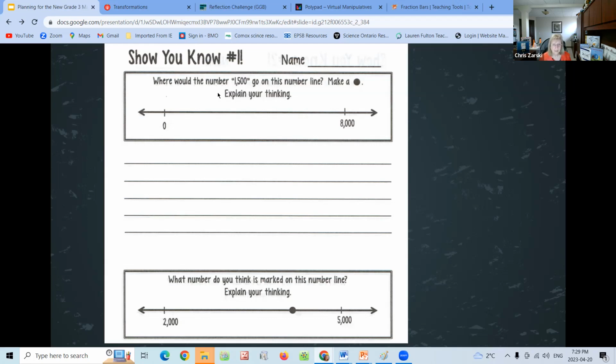What do I know about size? How do I figure out where halfway is? Where would I put each of these numbers that would fit on there, right? So this is a great leveraging tool that we can have for students to start thinking. And it's a nice package. I really appreciate the work that this teacher has done.